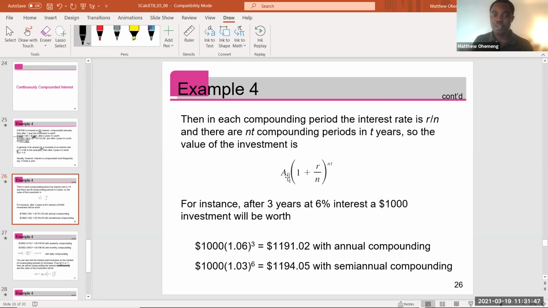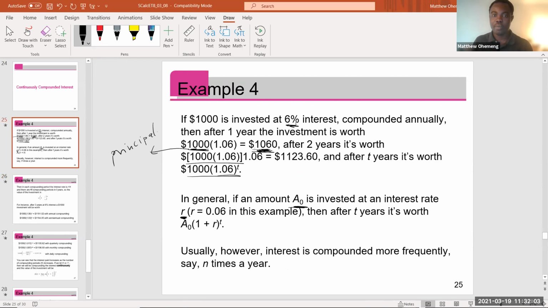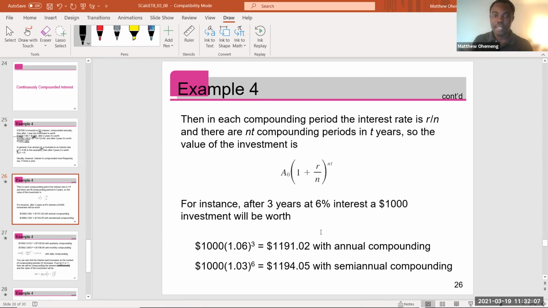Then that means that your formula is given by A of 0. So A of 0 is the principal, and then times what? 1 plus R over n, all to the n times T, right? So for instance, if you're still looking at the money that we are talking about, the $1,000 invested at 6% interest. So it's the same preamble, right? $1,000 invested at 6%. Then if you compound annually, we know that this one is